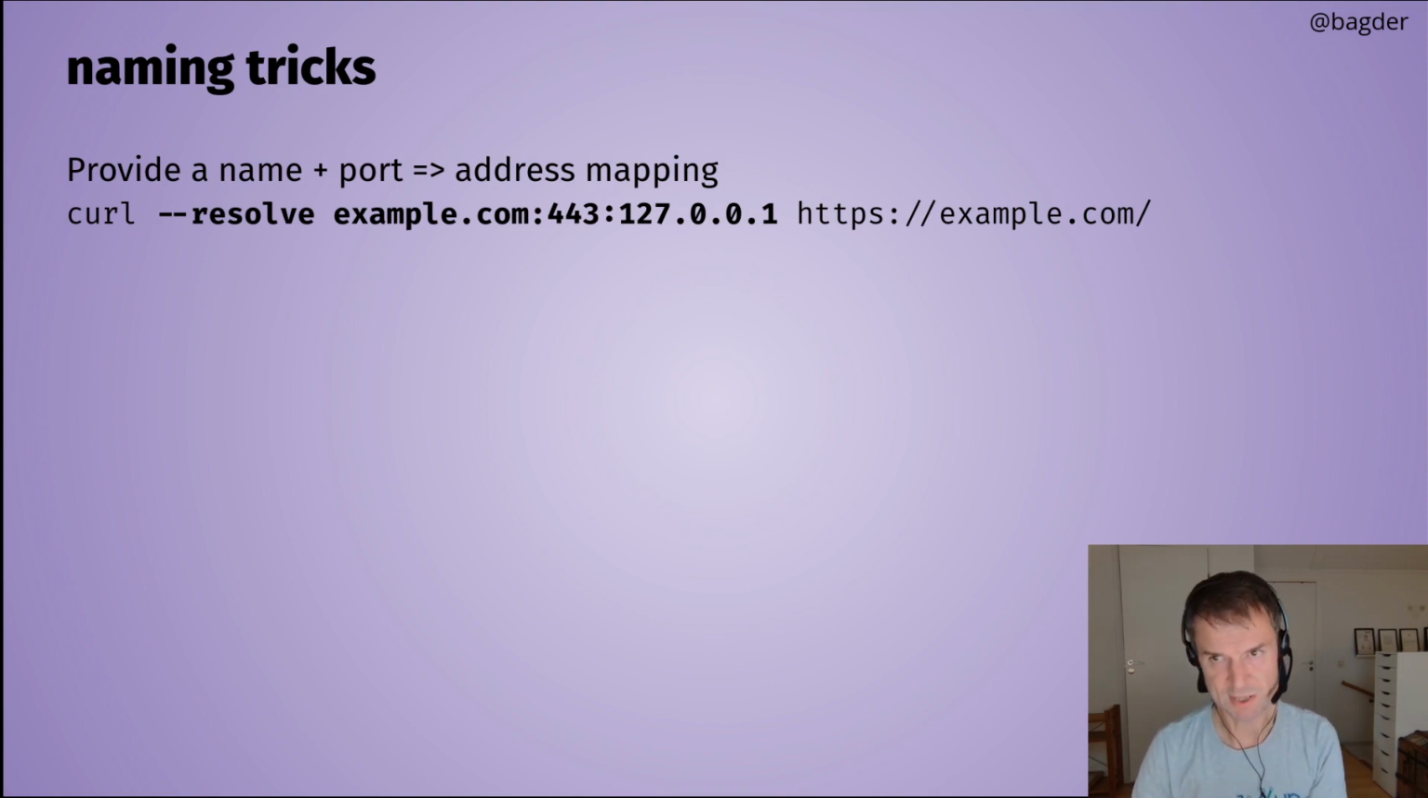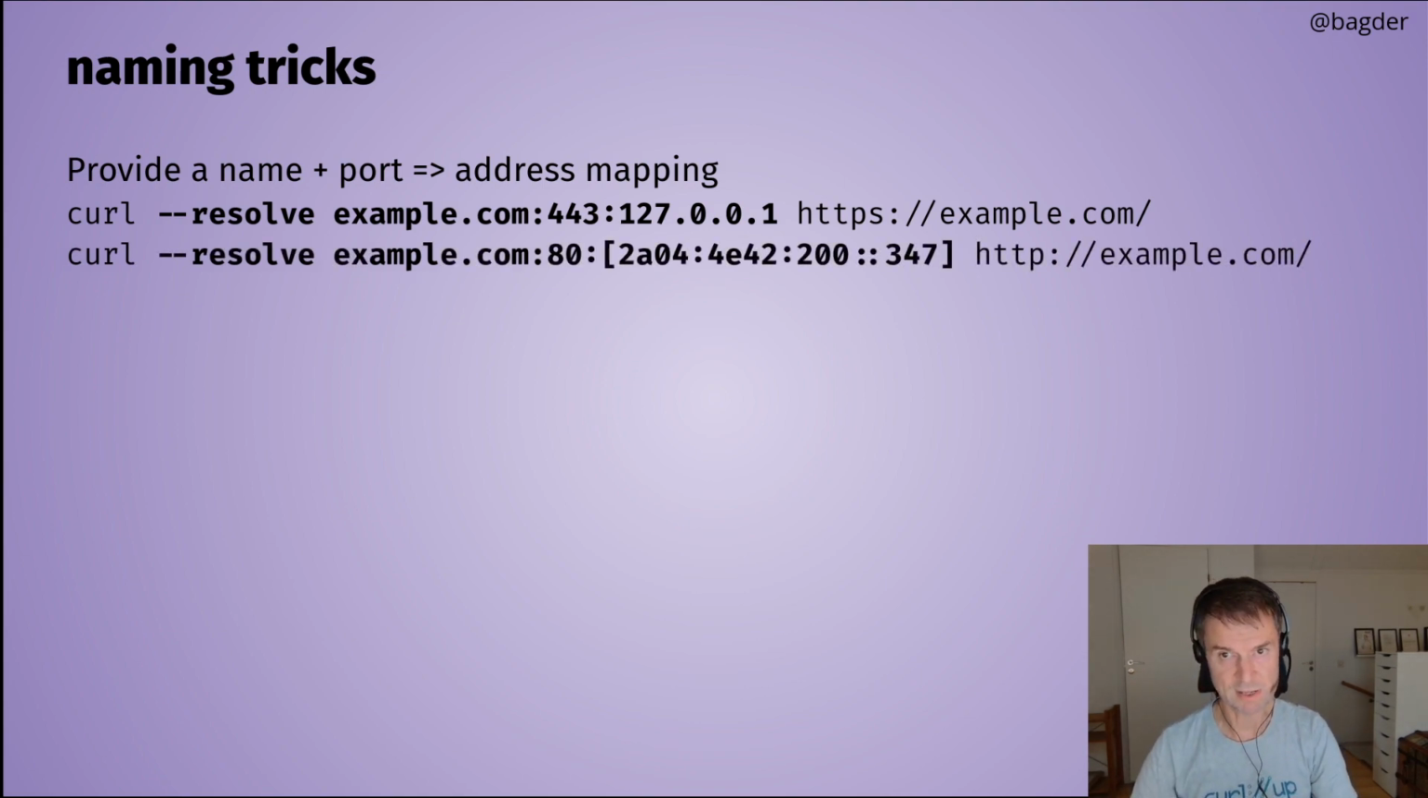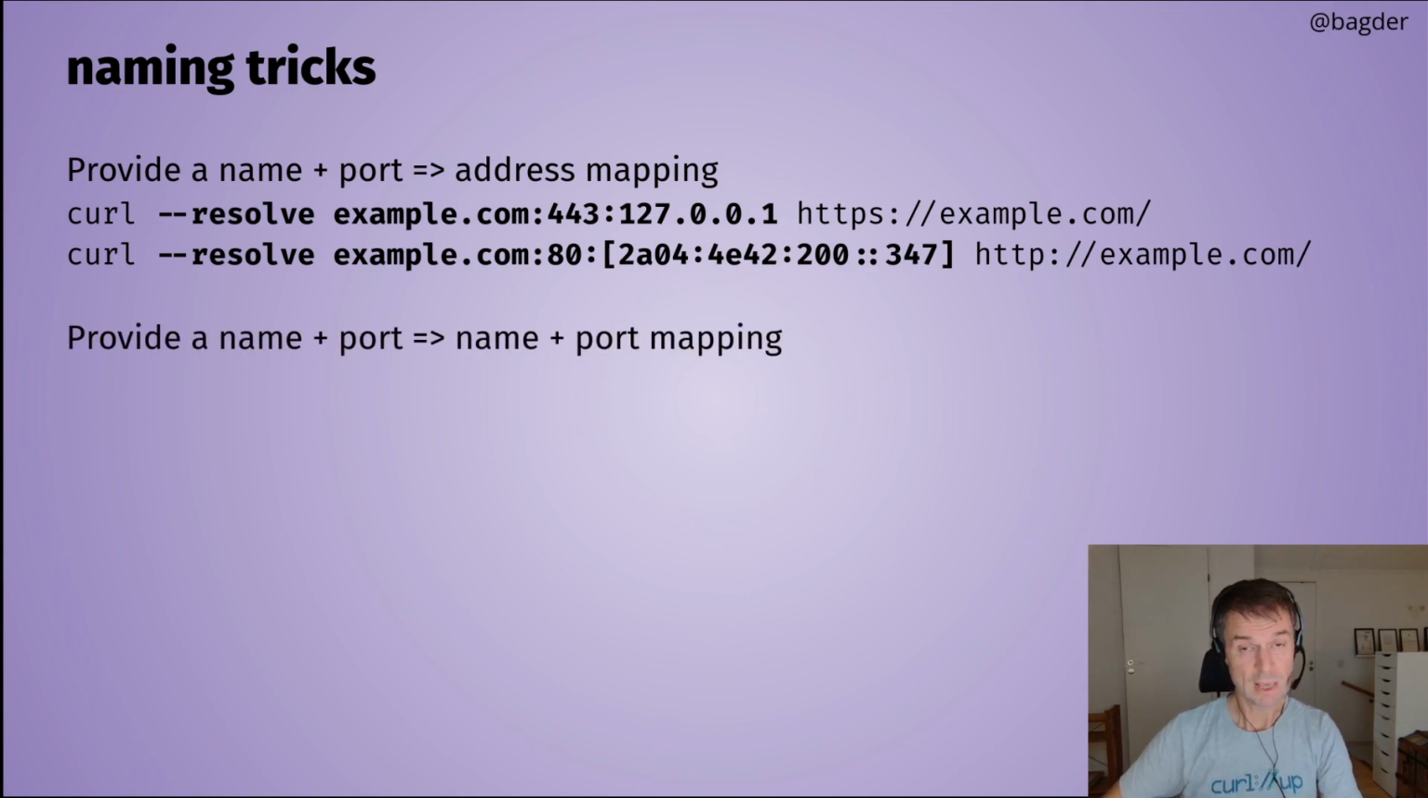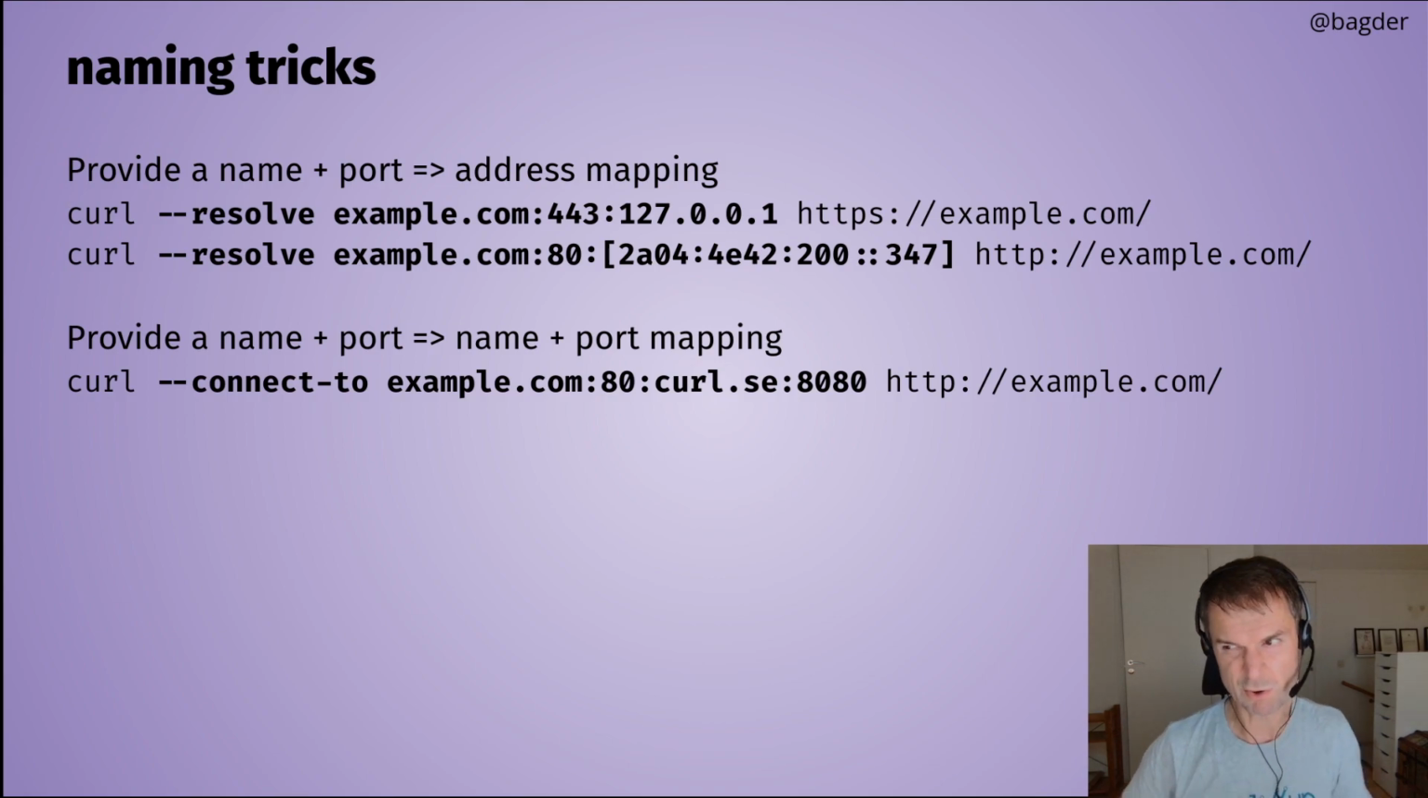Of course, if you're using FTPS, there might be some challenges. But anyway, you can do it like this. Or you can redirect to an IPv6 address, of course. Or, there's a different thing, you can even redirect from one name and port number to another name and port number by using the slightly different option called connect to, which I know people